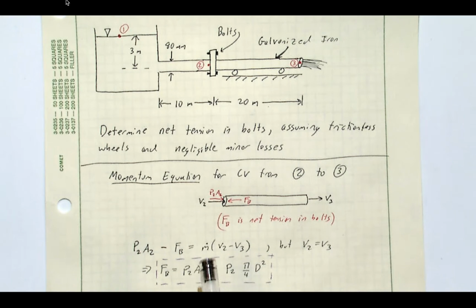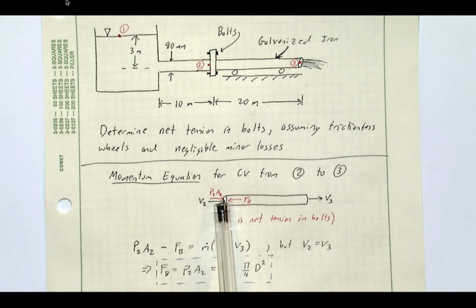But for our momentum, we need to consider both the momentum entering our control volume and the momentum exiting. Well, mass flow rate is going to be equal, and our velocities are going to be equal here, so that the net momentum flux is just 0. The forces that we have are pressure